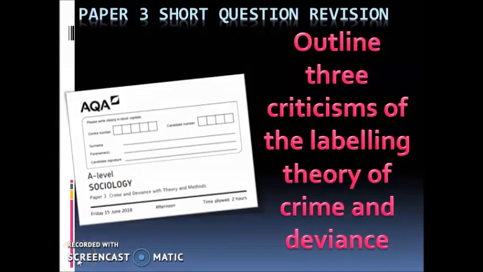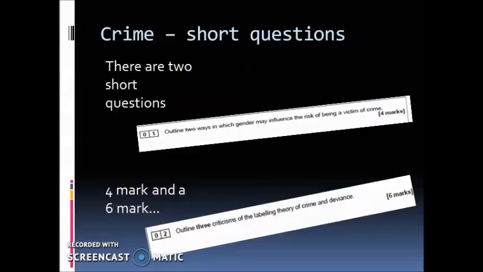This is about short exam questions. In particular, I'm looking at the A-level paper 3 from 2018, and this video will outline what the short questions are, some tips to answer them, an example question from the crime paper with a mark scheme, student answer and examiner comments. On paper 3, like paper 1, there will be two short questions, a 4 mark and a 6